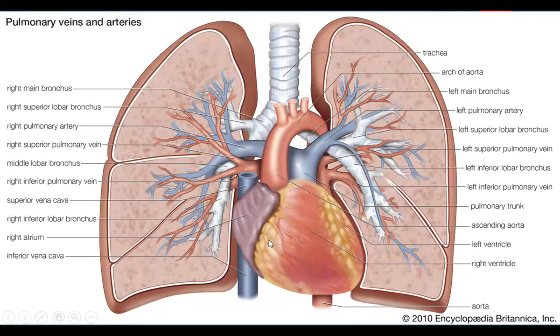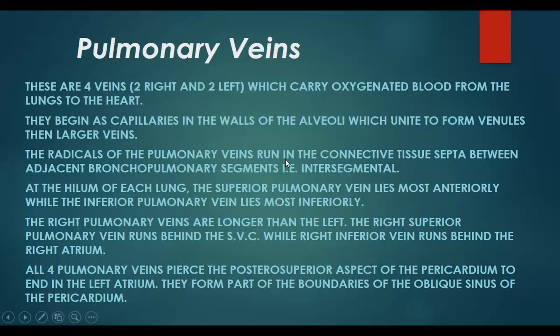So the blood which is coming from the superior and inferior vena cava goes into the right atrium. From there it is pushed into the right ventricle, and now the right ventricle will push the blood into the pulmonary trunk, and through that into the pulmonary arteries, right and left pulmonary artery. This is called the pulmonary trunk because it is a very short artery here. The pulmonary trunk will divide into two arteries. So there are only two pulmonary arteries, but there are four pulmonary veins, two from the right side, two from the left side. The pulmonary arteries will be carrying the deoxygenated blood.